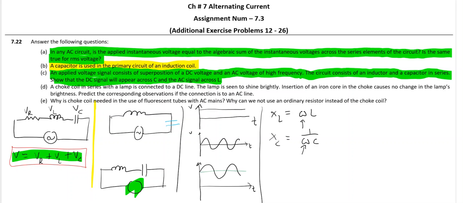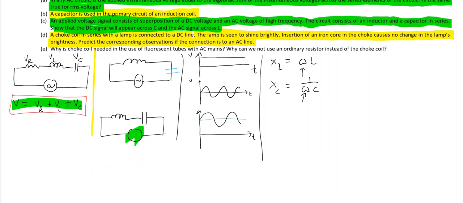Moving to next one. A choke coil in series with a lamp is connected to DC line. The lamp is seen to shine brightly. Insertion of iron core in the choke causes no change in the lamp's brightness. Predict the corresponding observation if we have AC line. So earlier we had this problem discussed in one of the exercise problems. Suppose if we have a bulb, basically what we are talking about is a high value resistor. So a bulb is connected with an inductor,